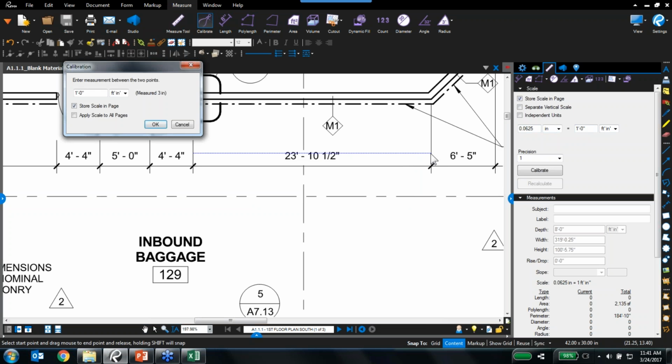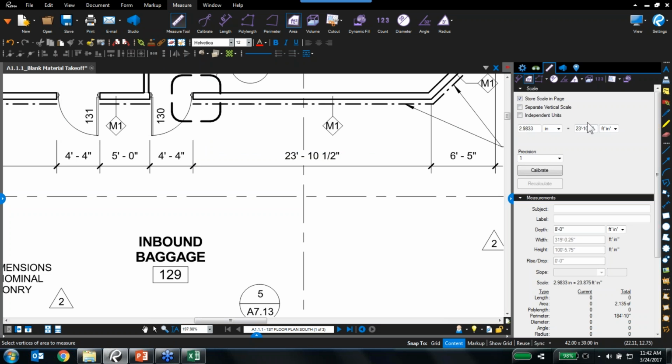And by the way, that shift key gave me the straight line there. Cool tip and trick. So here we have 23 feet, 10.5 inches. New for Revu 2017 is the ability to apply this scale to all pages. I've got 3 pages in this document, so if I click that, it would apply the scale to all 3. I know that those pages are each individually scaled differently, so I'm just going to click OK,